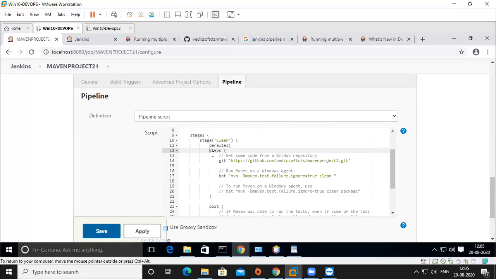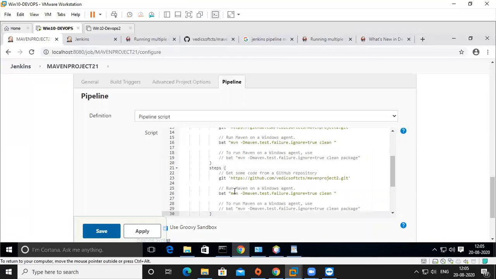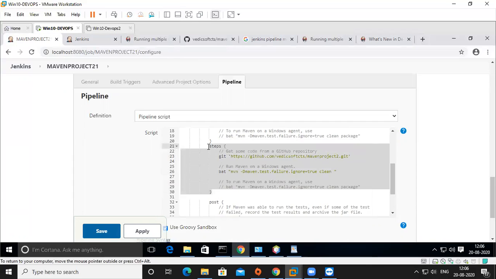No, not here. Otherwise, we'll copy these steps. Control C. No. Steps are steps only.